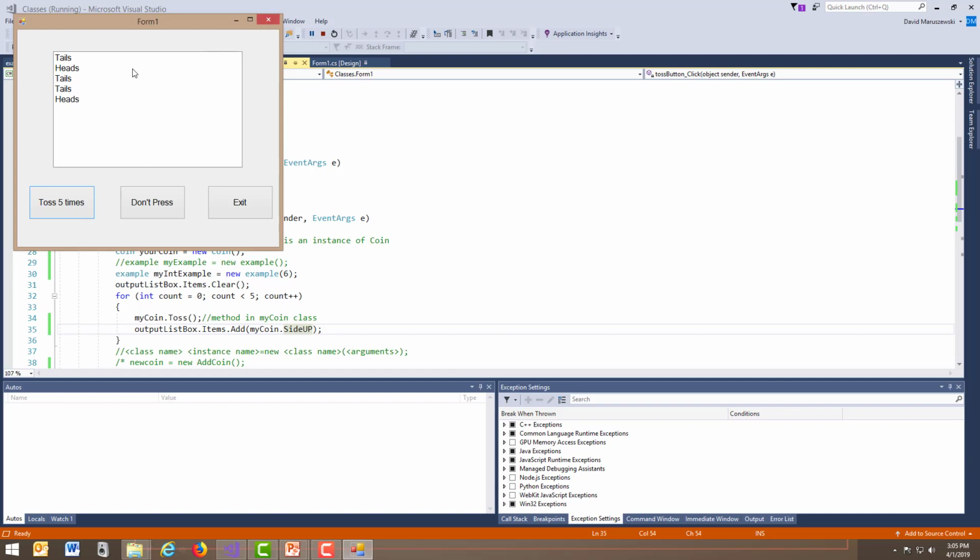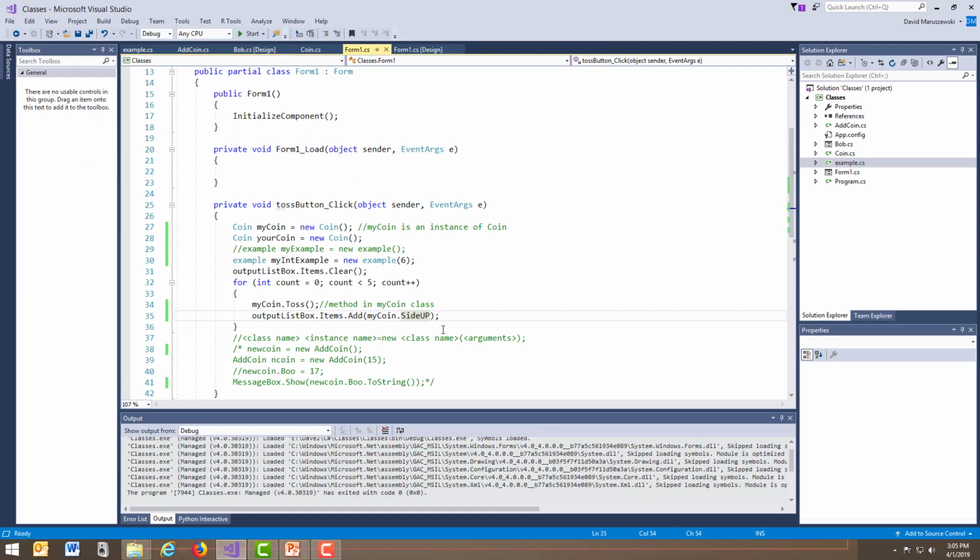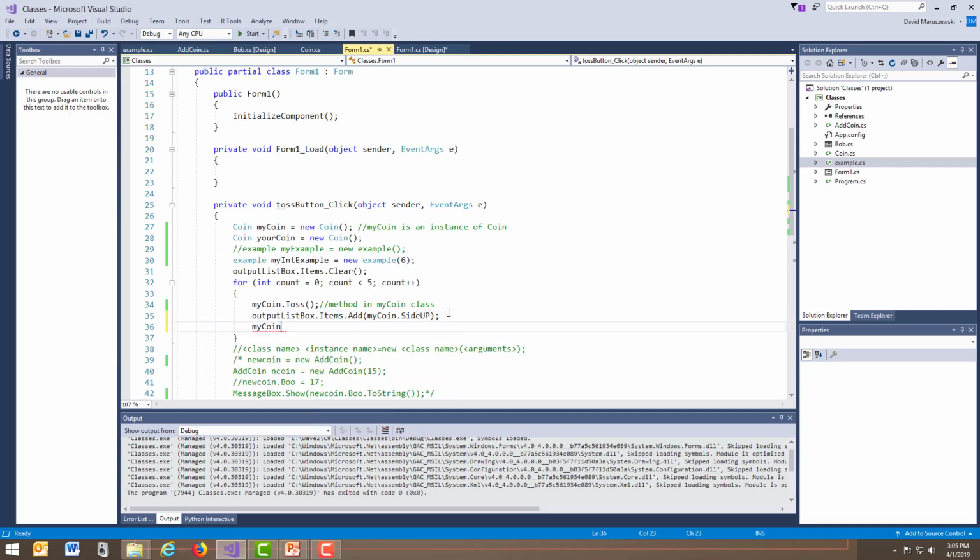It's still able to get which side is up, but we could also do a set side up, meaning that I could do something to the effect of my coin dot side up